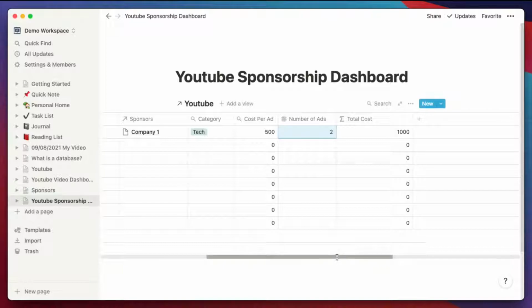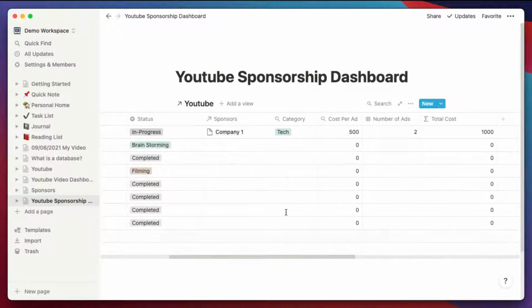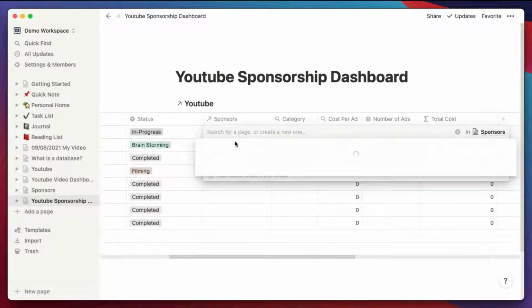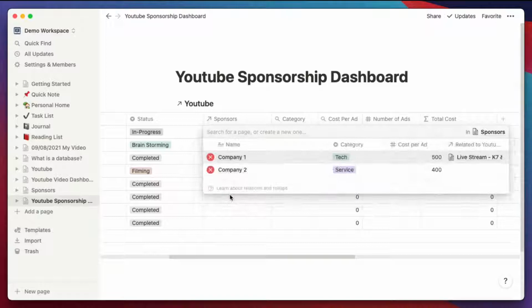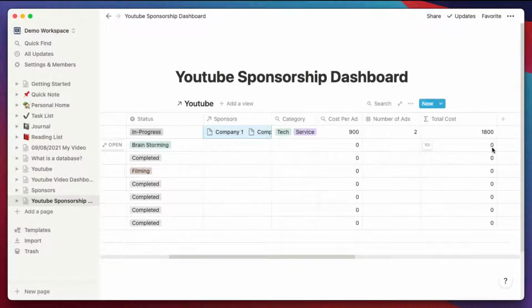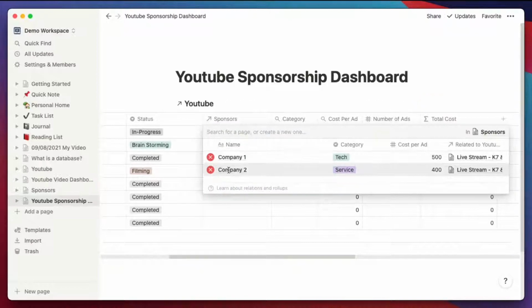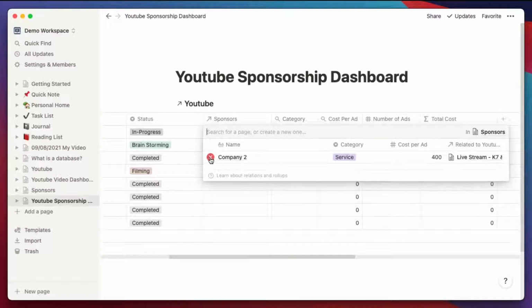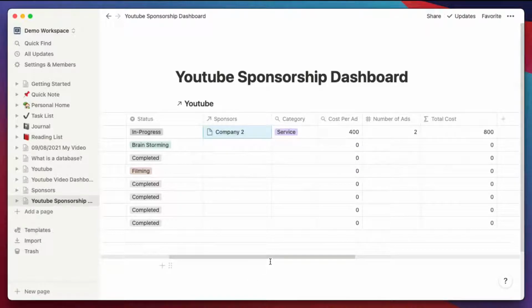And let's say, so this is where this might break down, but I can add in company 2 again. And this gives me 1,800. This assumes that each of these are doing two slots each. So these are the kind of things that you're going to have to put in there. If you have sponsor 1 and sponsor 2, you're going to have to put them in separate columns. But in this example, really, there's only one sponsor per show.